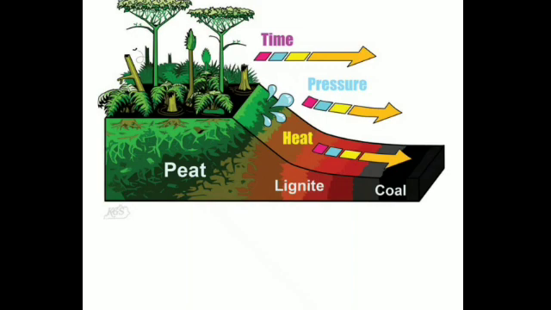Now, the formation of coal took place millions of years back. About 300 million years ago, the earth had dense forests. Due to natural calamities like earthquakes and eruptions of volcanoes, these forests got buried under the soil. Due to high pressure and very high temperature, extremes of heat, these forests got converted inside the earth, in the absence of air, into what? Into coal.